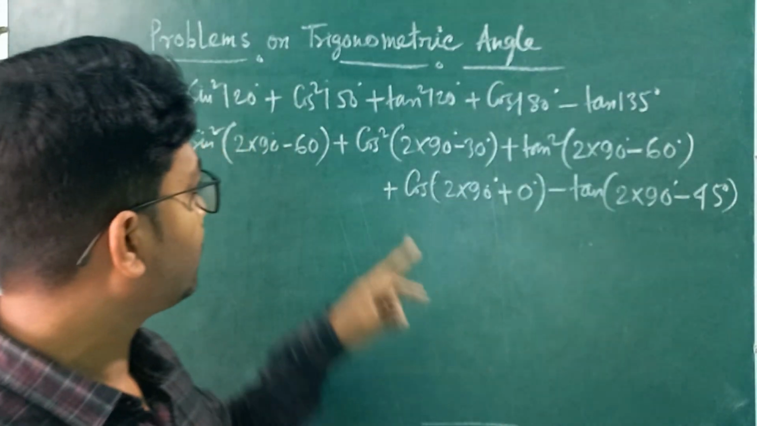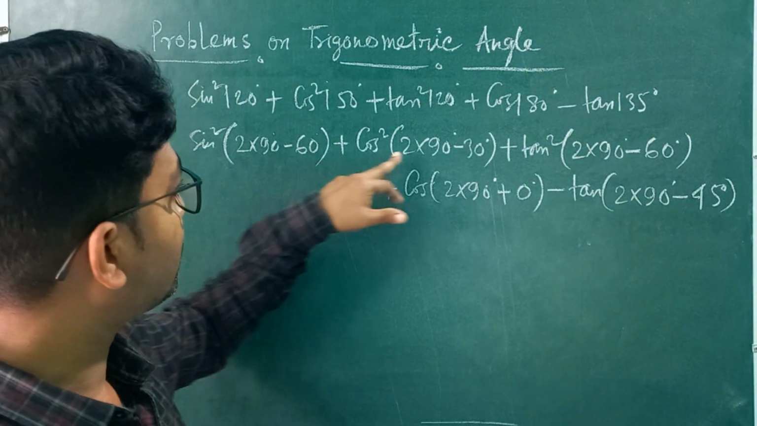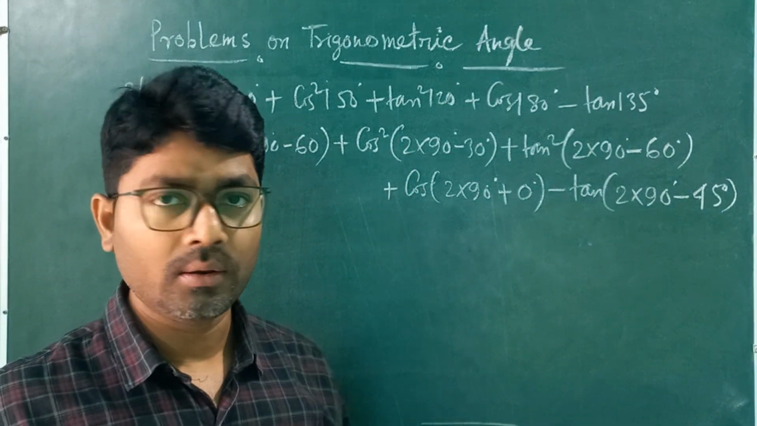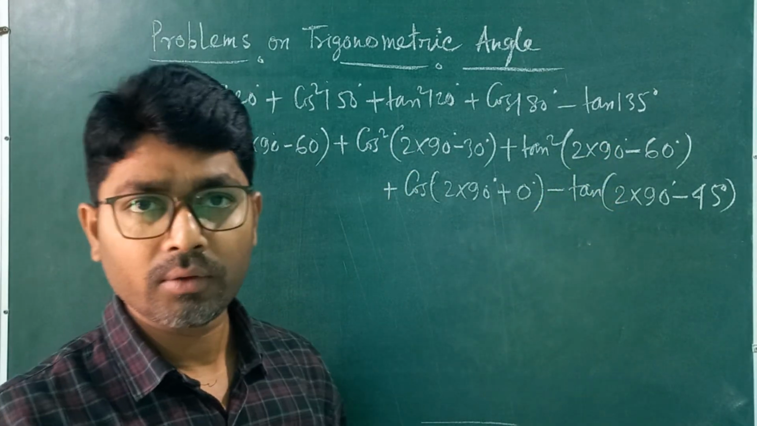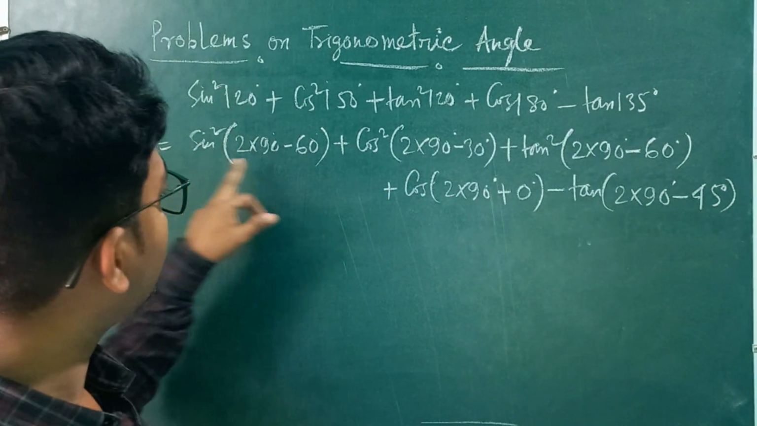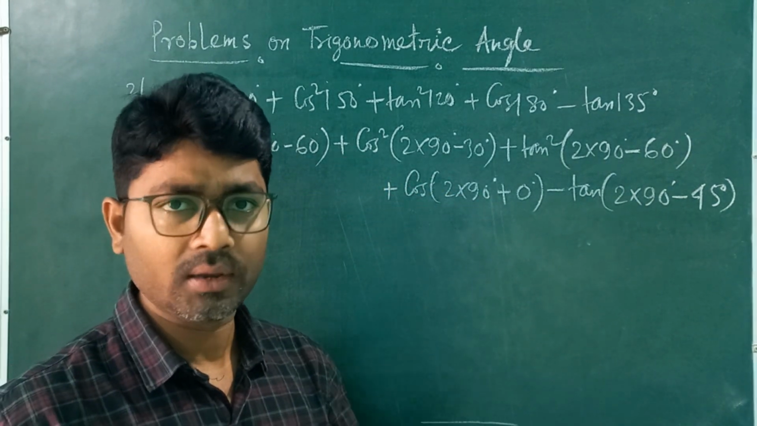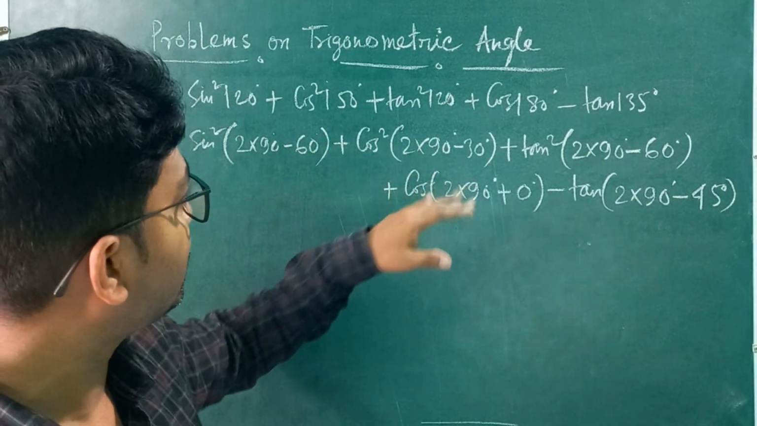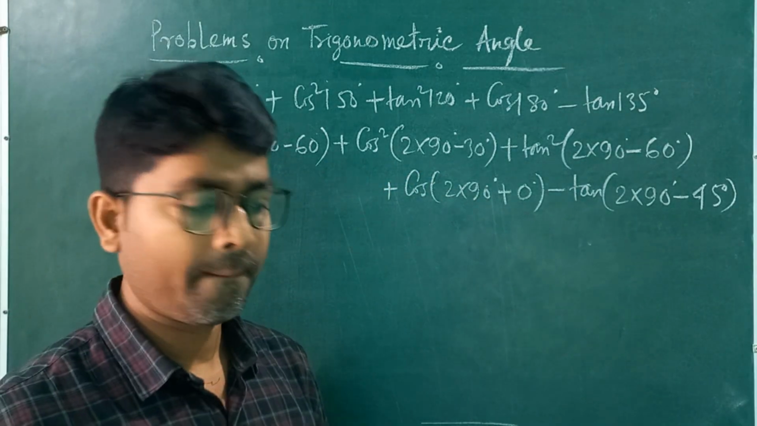I am not saying you cannot take an odd multiple of 90, but if you take the even multiple of 90, you will get an advantage that the trigonometric ratio will not change. That is our advantage. So here we will take all even multiples of 90. Now